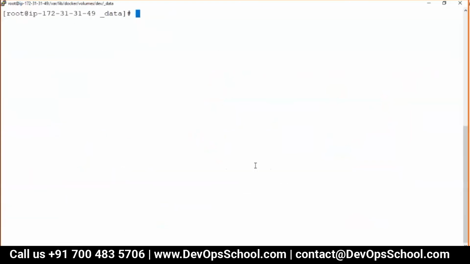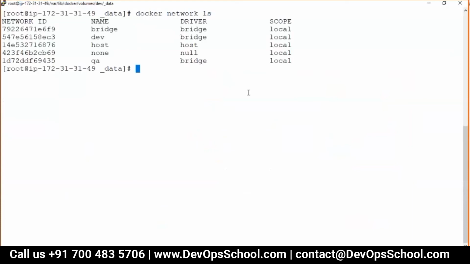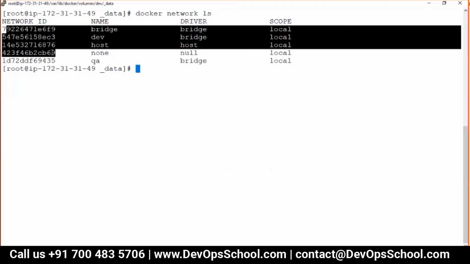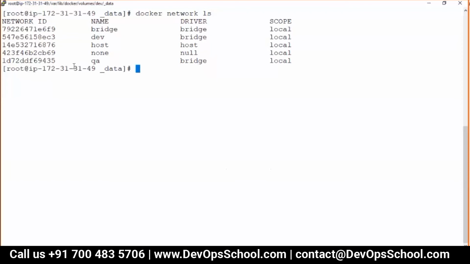So guys, the question was how to create, what is the type of the bridge, what is the type of network? Here we got to know the driver is bridge, host, null. I did not discuss host and null because that's very simple. Bridge is the important one. I discussed what a bridge is, how a container connects with the bridge, then veth, the bridge and eth, and then outside of the network. Then we talked about how we create a bridge, and how we use that particular network for the containers.